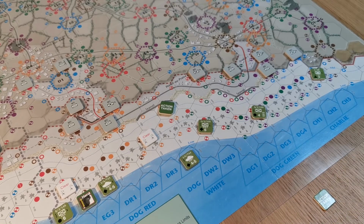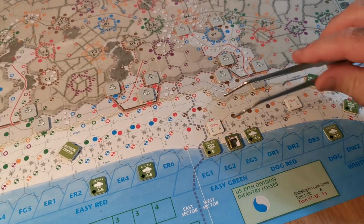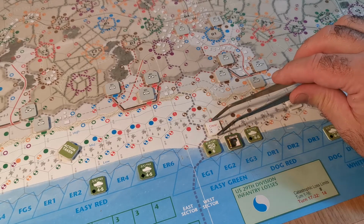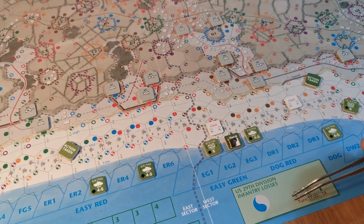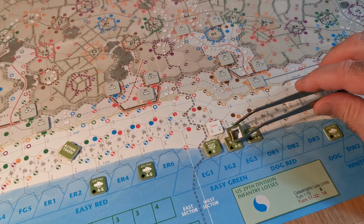Right, so our tanks... Well, we've got these other 2 infantry here, haven't they? So... Well, we certainly don't want to chuck them both into this hex, that's the thing. So... Right, hang on though. Right, we're going to try...